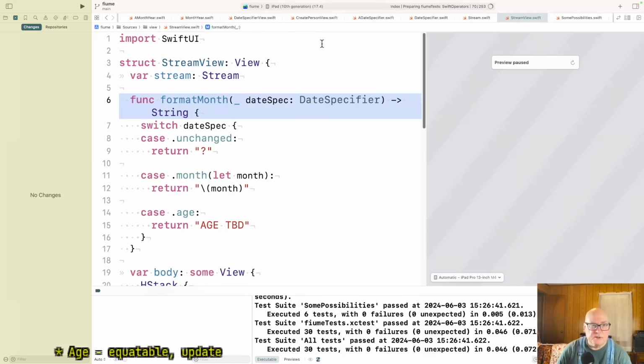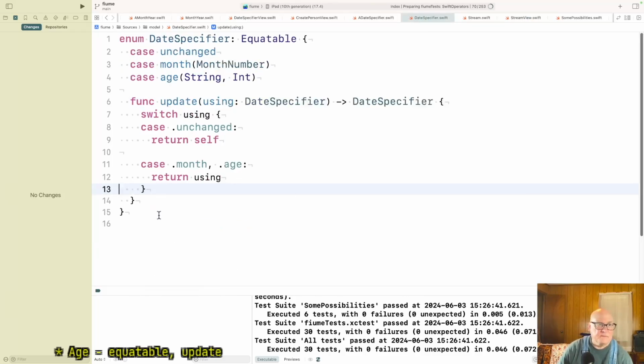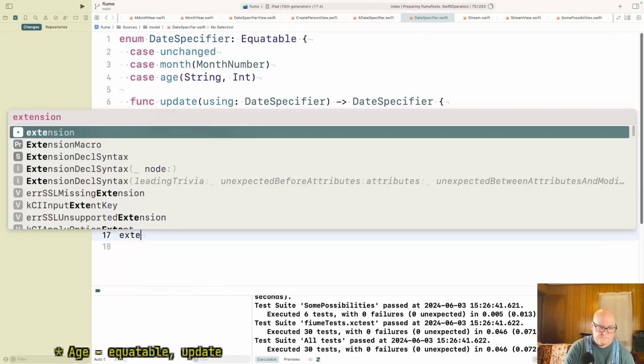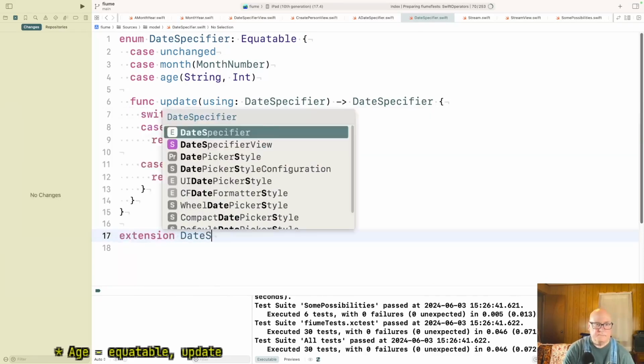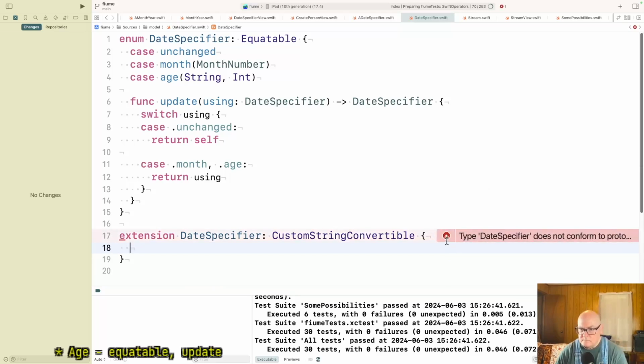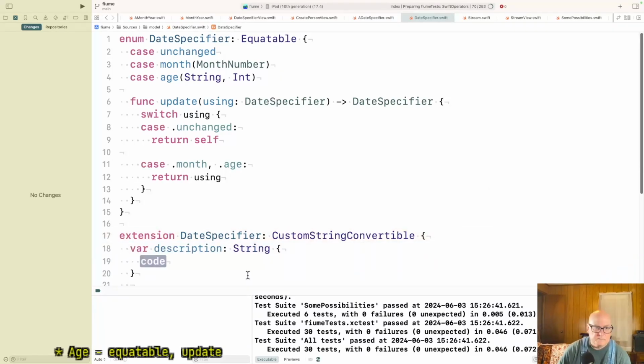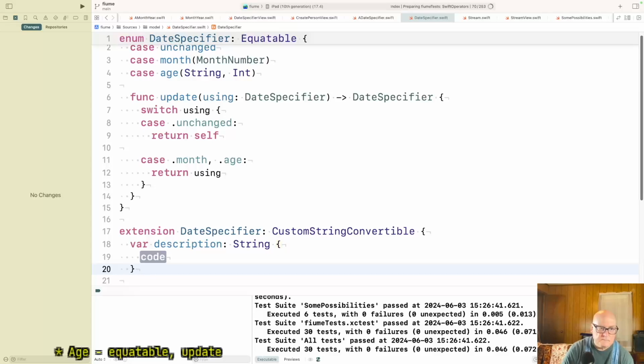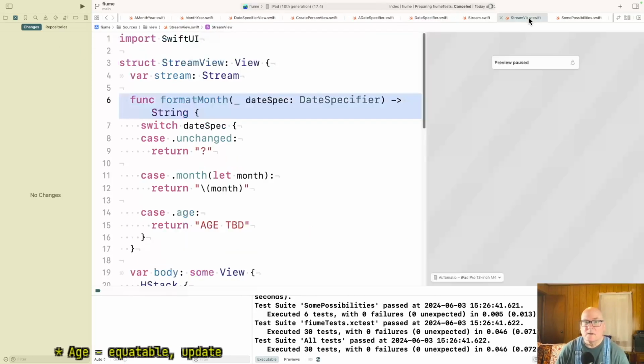So let's pull it over there. Date specifier. Keep losing it. There it is.